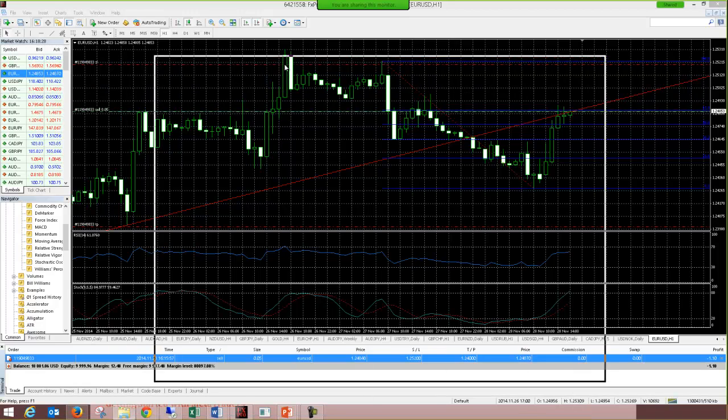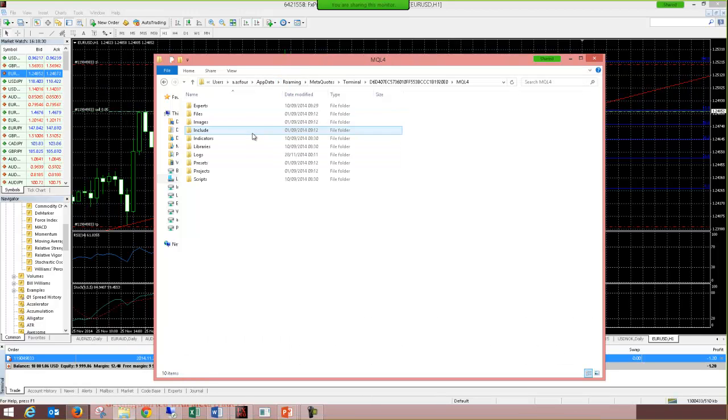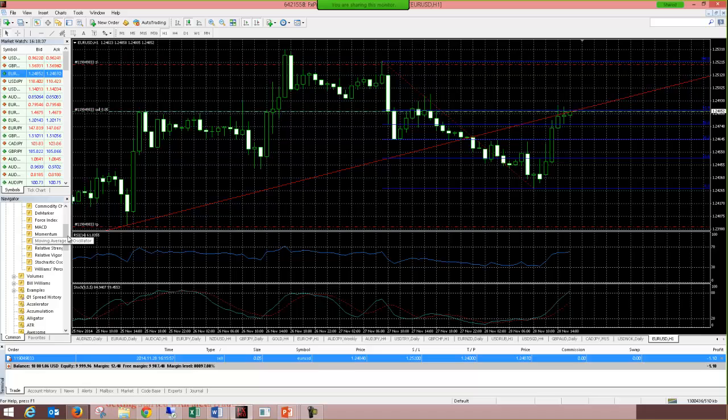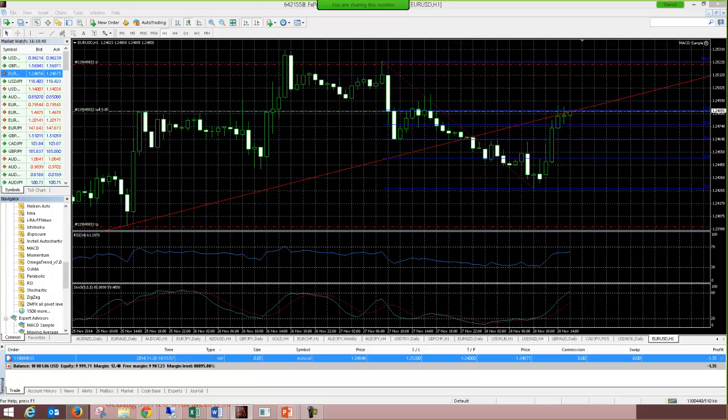So within open data folder, within MQL4, and within experts, you'd place it in there. And once you've placed it in there, you would restart your terminal, and you'd find it under the experts list and drag and drop it